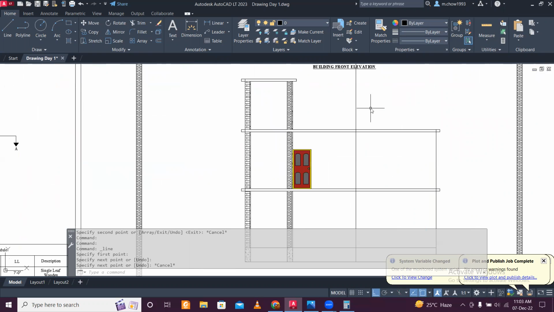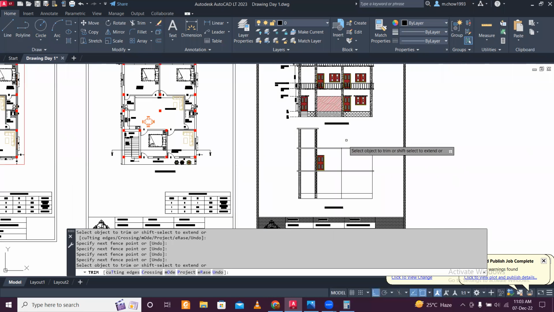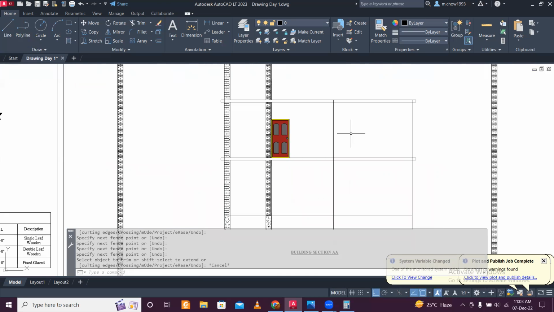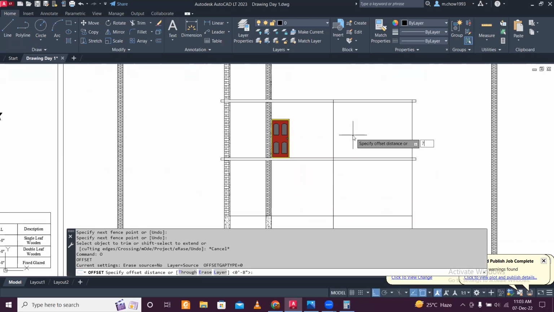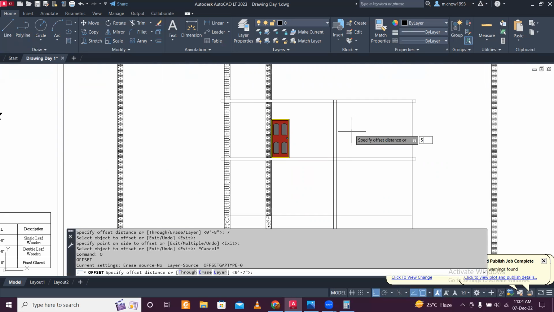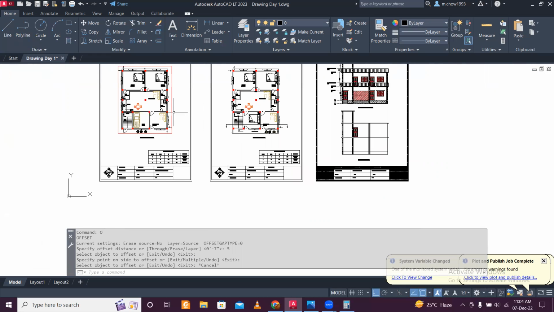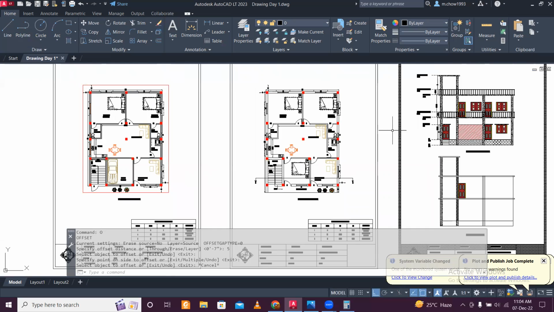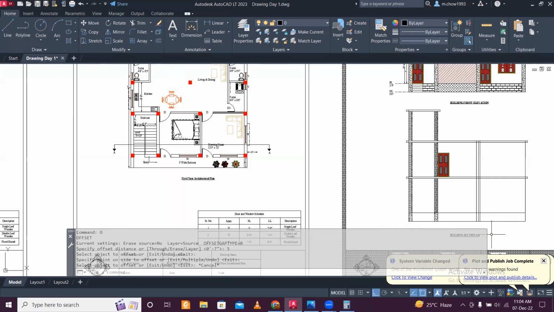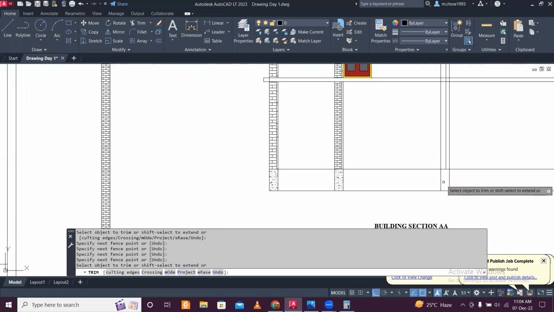Okay, and then obviously trim the remaining necessary portion, zoom in and trim, the remaining portion will be gone like this. So this is the advantage of using the new versions of CAD 2023. So this is the 7-inch column and 5-inch wall. And we'll just check whether it will go up to the headroom or not. Obviously, it will not go up to the headroom. And in the bottom, as I said, below the ground plinth level, it will be all